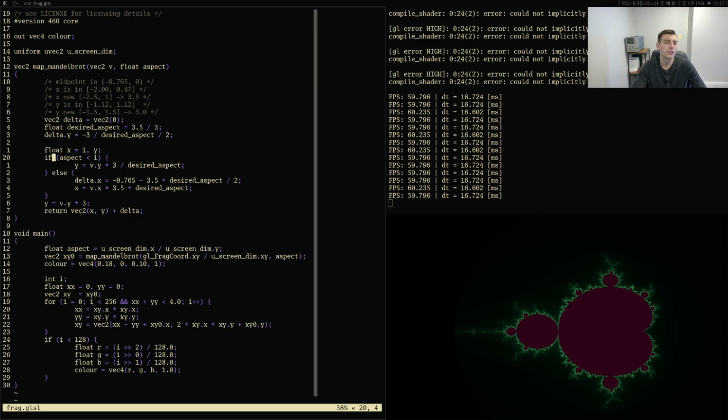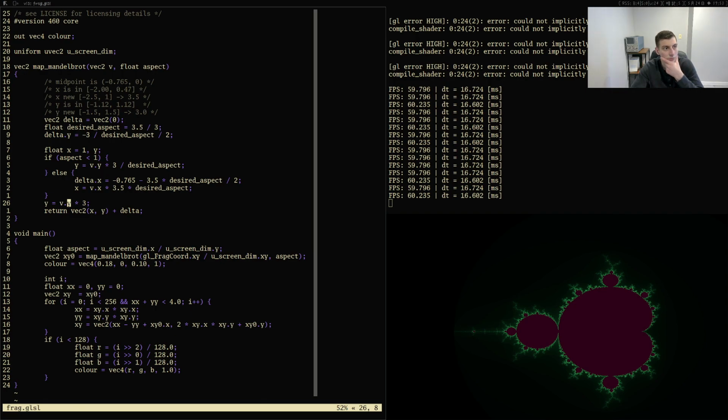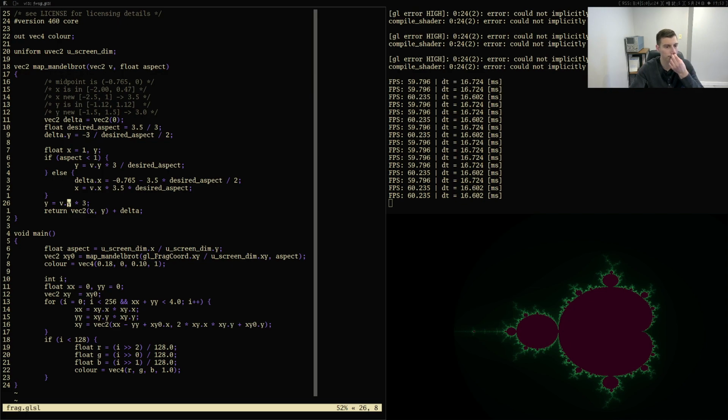Oh right, we're doing this check. Y still needs to be scaled no matter what. Same with X. I think what should happen here is that